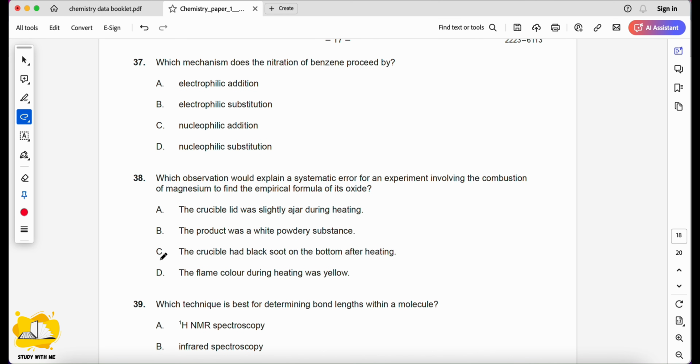Number 37, which mechanism does the nitration of benzene proceed by? So it's NO2+, which is electrophilic and is substituting one of the hydrogen atoms. So electrophilic